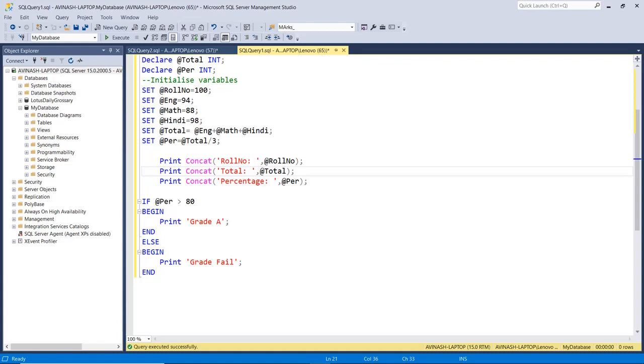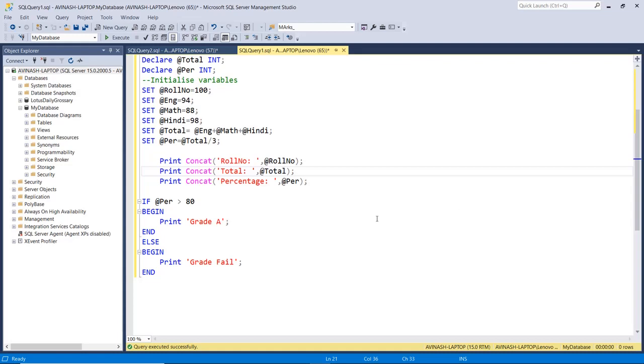Say if greater than 60 and less than 80, then should be grade B. And say greater than 30 and less than say 60, then grade should be B. So for this kind of scenario, I need the multiple if else statement. That is called the nested if else statement.